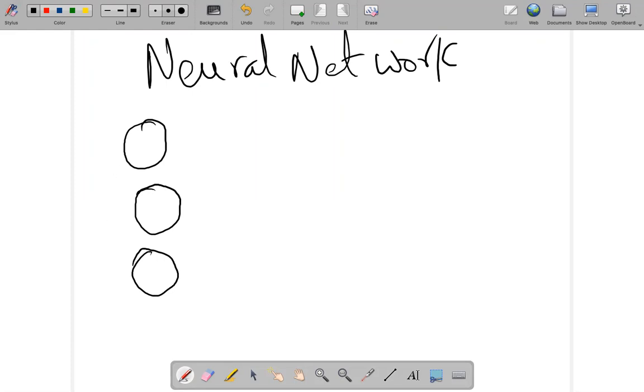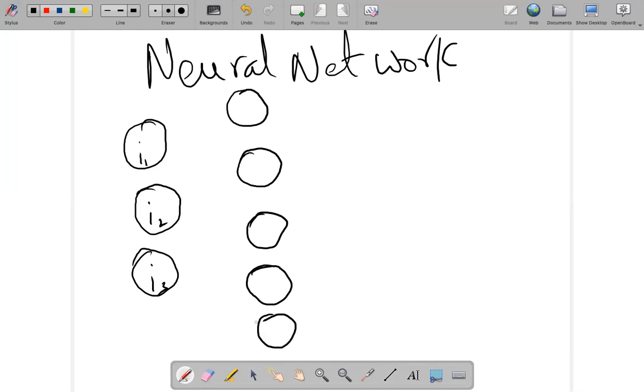Let us say this is your input 1, input 2, and input 3. And then you will have a hidden layer with neurons. Let us say these are 5 neurons in the hidden layer. And you can have another hidden layer with 3 neurons, and then you have your output. 0 or 1 is your output.